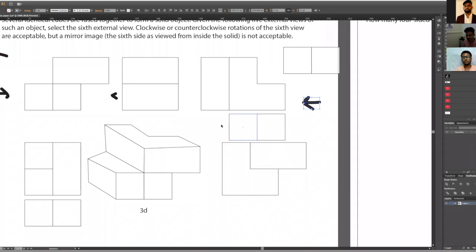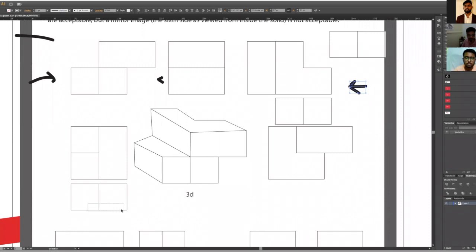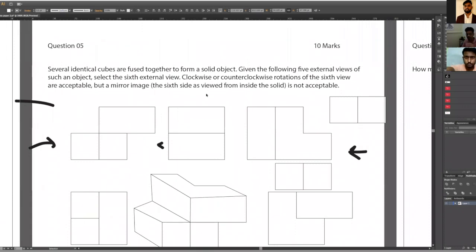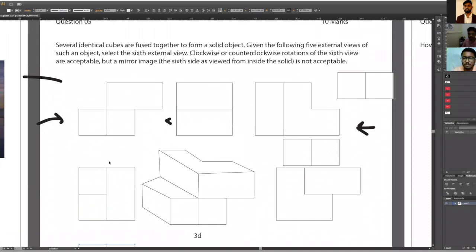Okay. Now, what is the second face which has a similar length? It is nothing but this one. Now there is a confusion about why it is tilted. If you go back to that question, what they have done is they have used that option as clockwise as well as counterclockwise. So you have to figure out where it is fitting in. Basically, this is the right view, but they have rotated it like that.